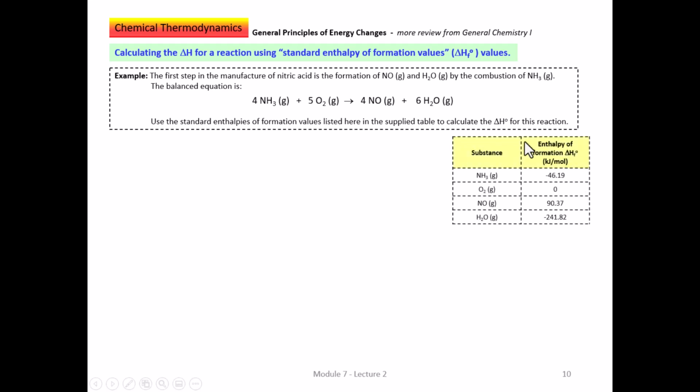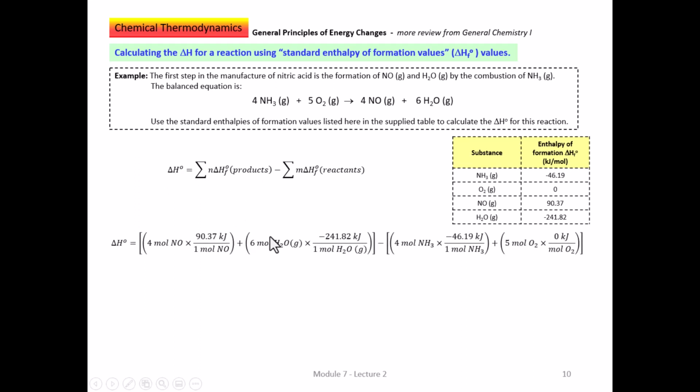So what I did here was I supplied a table, and these values come either from the table in your textbook, or if they weren't available, from tables from other textbooks. And remember, the overall standard enthalpy change you can get with this formula here, and let's see how this would pan out. The overall deltaH is equal to the sum of the deltaH values of all the products multiplied by how many moles there are of each. So the products are NO and water. So I'm going to take 4 moles of NO, because that's how many moles I had in the balanced equation,